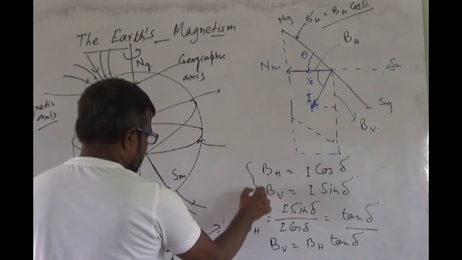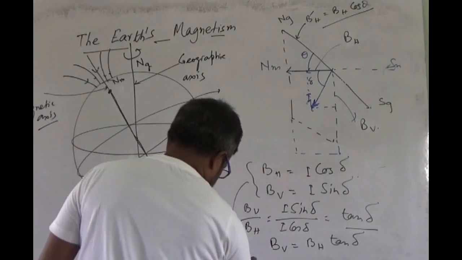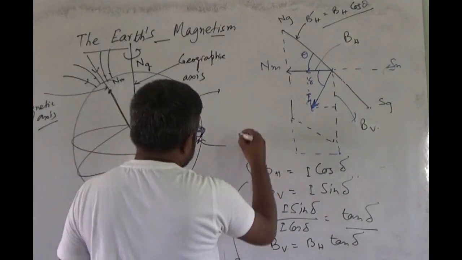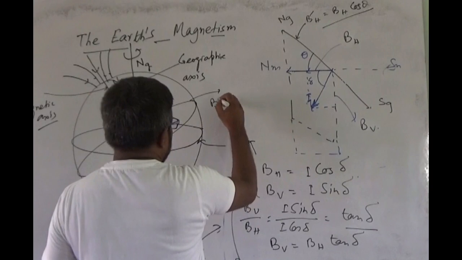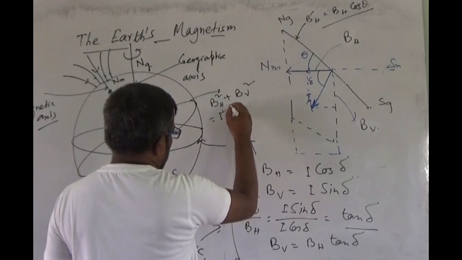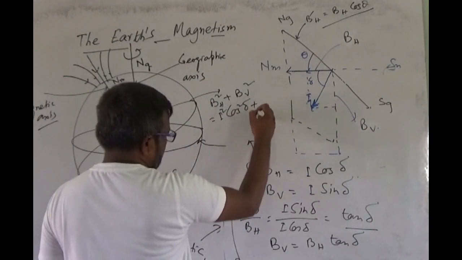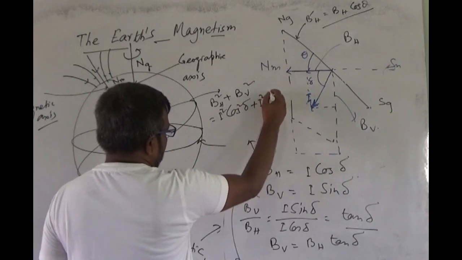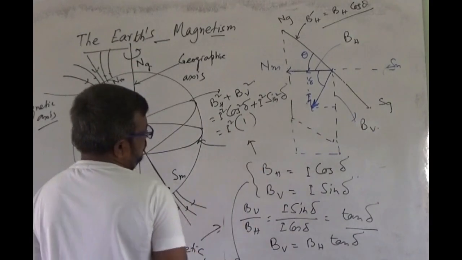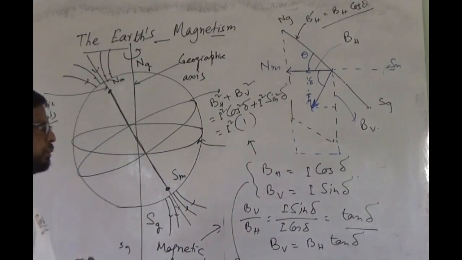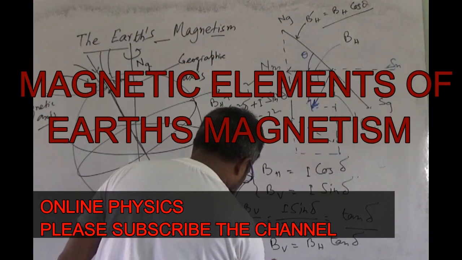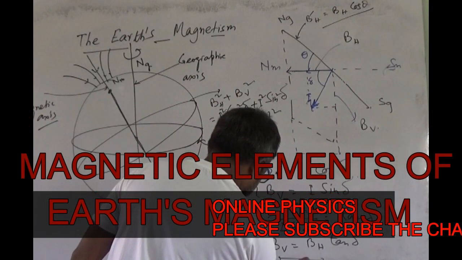And another thing you can write from here is that I square is equal to BH square plus BV square. BH square is equal to I square cos square delta, and BV square is equal to I square sin square delta. That means I square into cos square delta plus sin square delta, that is 1. That means I square. And from here you can write I is equal to root over BH square plus